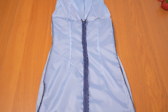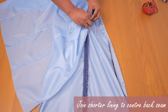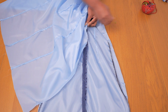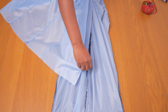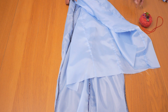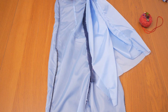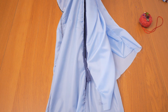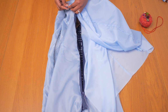To finish off this center back seam or zip edge, we're going to fold over corresponding sides, pin them together and stitch them up in such a way that they conceal the edge of the zip seam, and when it's joined up along the bottom you don't see any seams on the center back of the garment, even on the inside. So I'm going to go ahead and fold over this side, opening my zip to give me easy access, and starting from the top of that